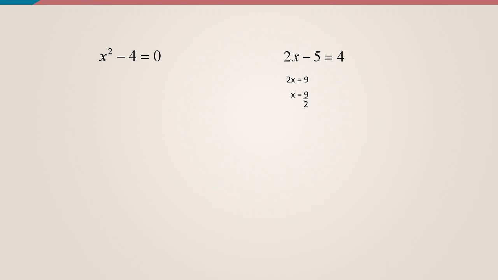Suppose the question was x squared minus 4 is equal to 0, a little harder. What would you do? Shift the 4 to the RHS, or what you could do is use a squared minus b squared is (a plus b)(a minus b). So (x plus 2)(x minus 2) is equal to 0. Then x is equal to minus 2 or x is equal to 2. That also is not that difficult.